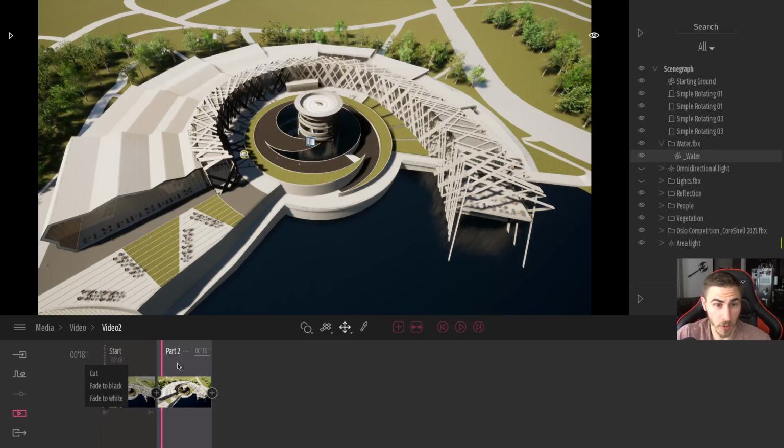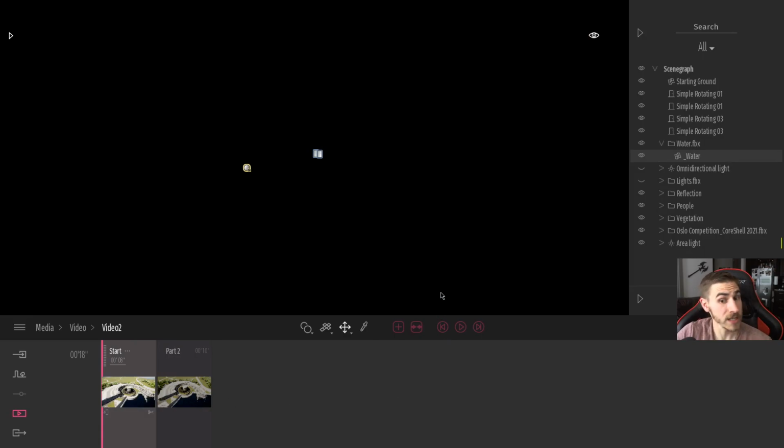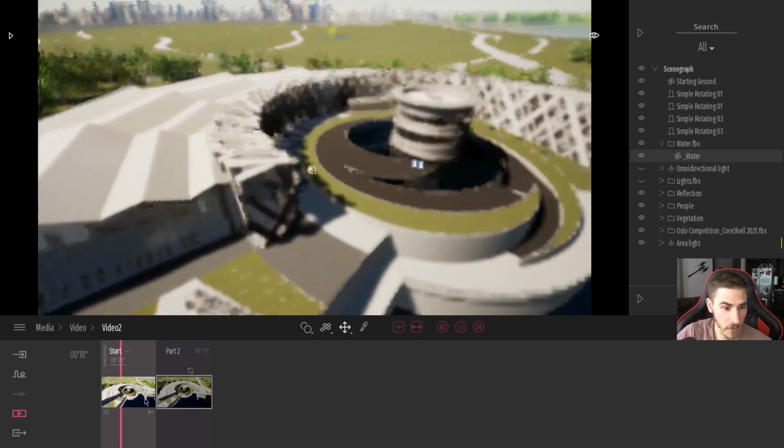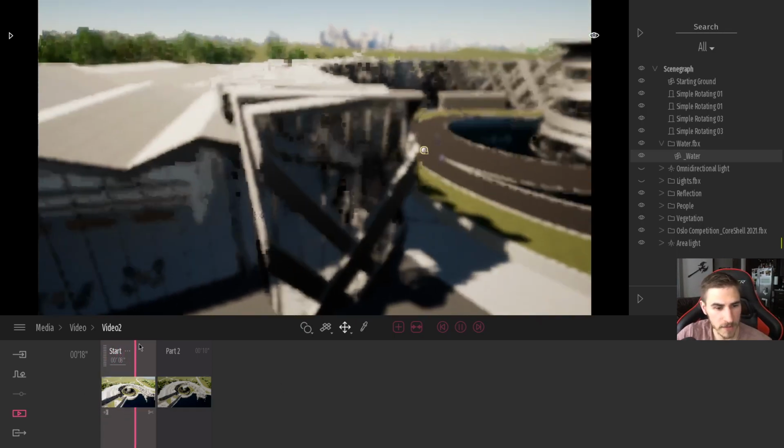So let's go to the beginning here, and the option I have is to cut, which really is just what we just saw. It's like literally going from one frame where you are, cutting directly to the next frame. But I've also got fade to black and then fade to white. Now, I particularly like fade to black because you're generally starting with a darker screen. So let's fade to black and let's see what happens when I go to the very beginning here. You can see that's black. And then I press play and then everything fades in. Really nice, very simple.